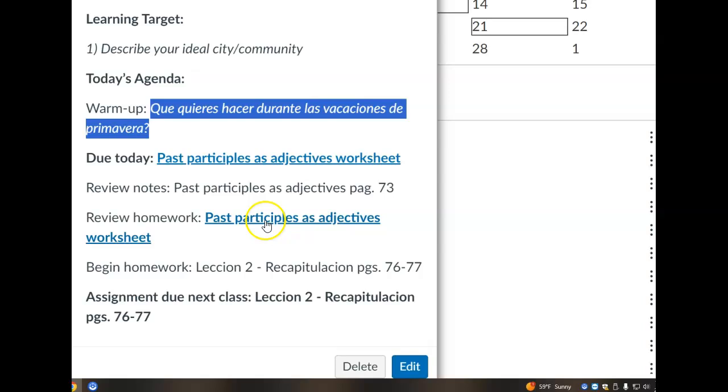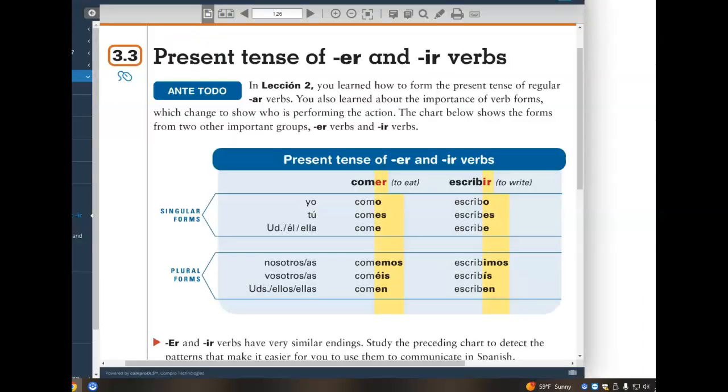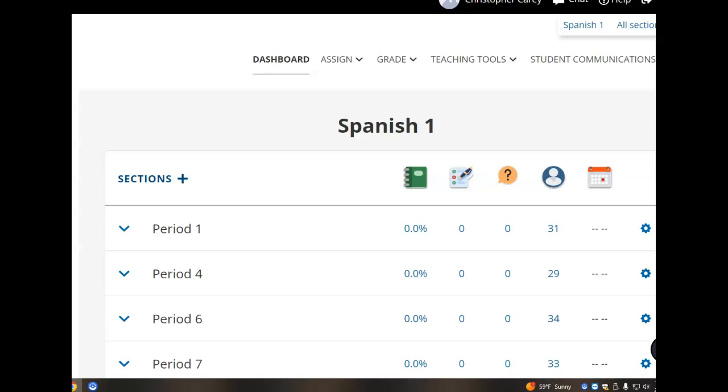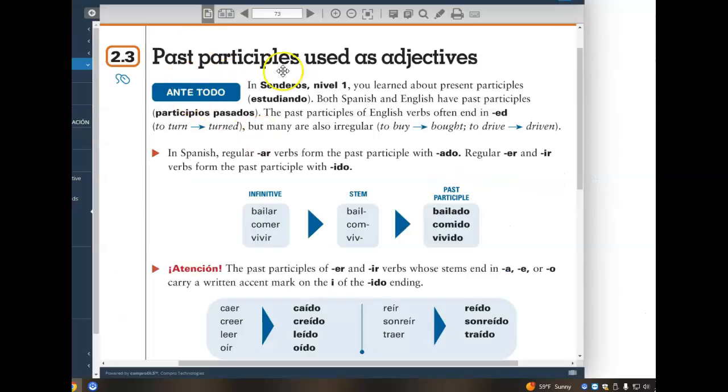All right, let's go ahead and go over the notes on page 73, 73. That's Spanish 1. This is Spanish 3. Past participles as adjectives. We talked about how to create a past participle last class, that you remove the AR, ER, or IR in the infinitive form. Left with the stem, add to that stem ado for AR verbs and ido for ER and IR verbs, and